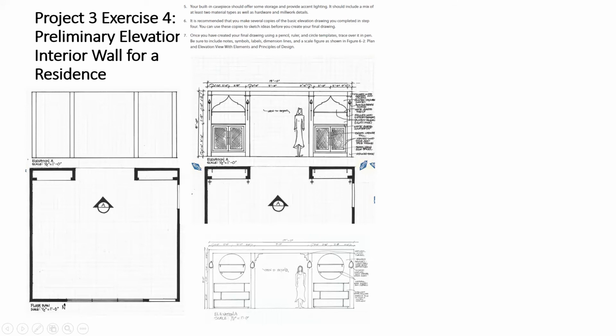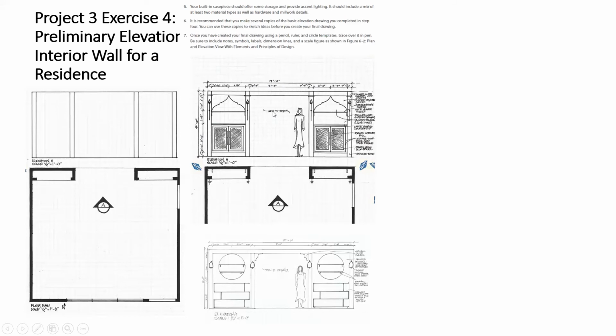You can also see I've got dimension lines indicating the elevation here. You can see here the overall height is 8 feet, and then I've divided up the interim dimensions here to indicate critical locations of, for example, the crown molding, the height of this shelf, the height of the countertop, and the height of these baseboards.